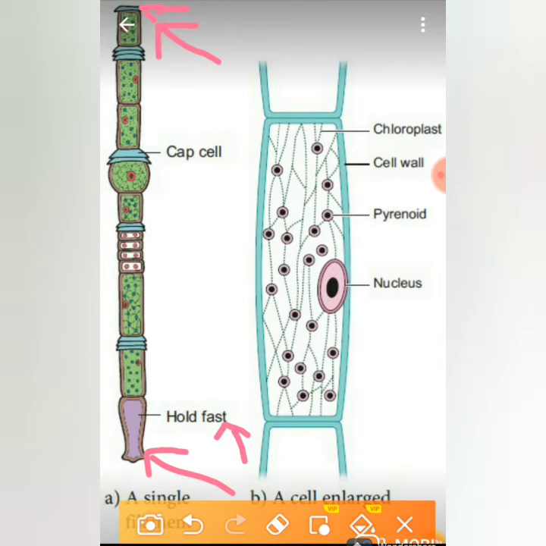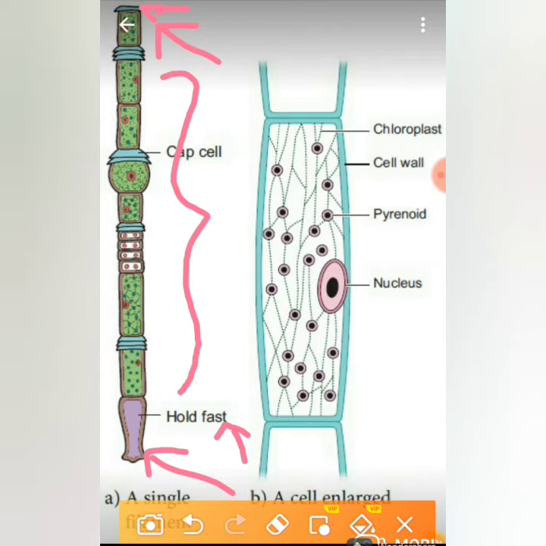Whereas all these middle cells, that is, in between this apical cell and the basal cell, lie these cells in the middle, right? So all these cells look alike, and as you can see, they are longer than their breadth. That means they are not square in shape, they are rectangular in shape. The length is longer than the breadth.